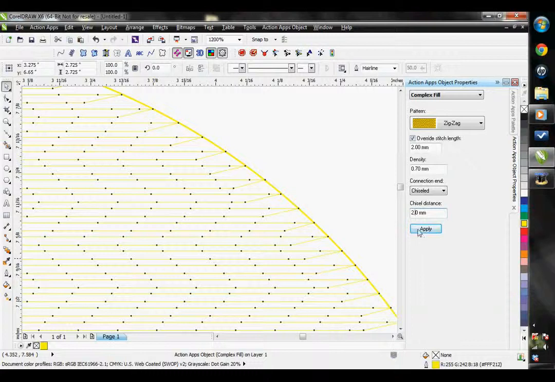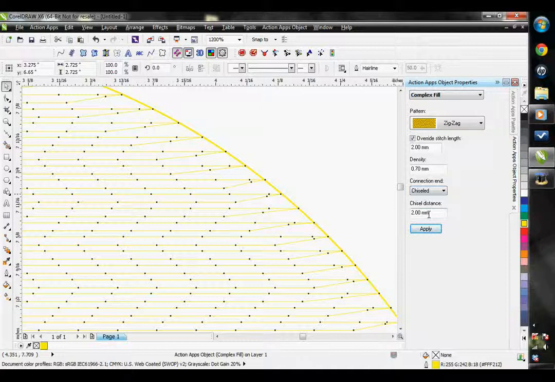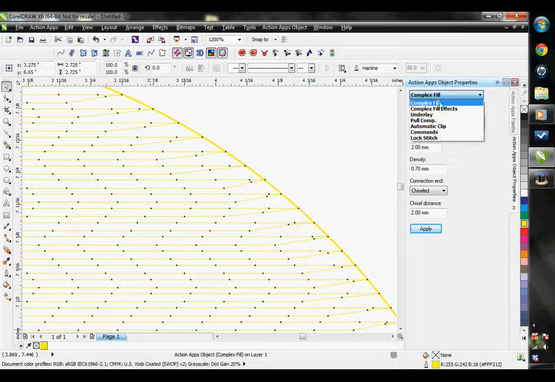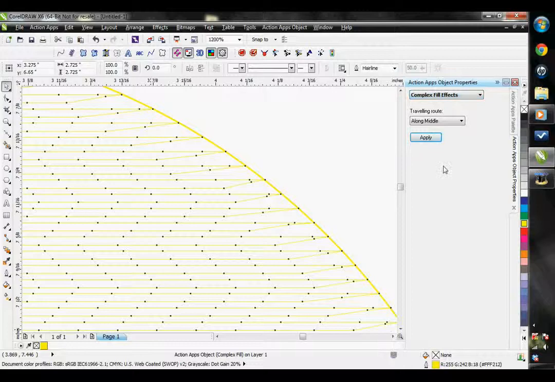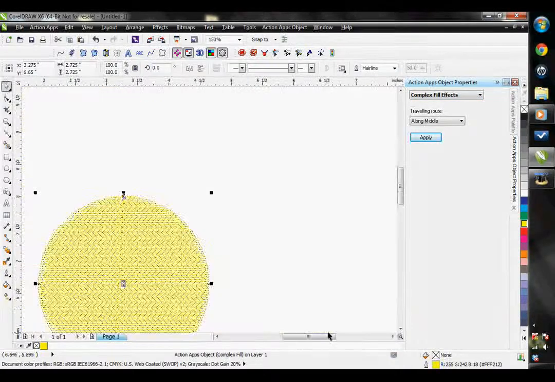If I change it to 2, you'll see it even gets sharper. So that's what the chisel distance is. When I'm on a complex fill here, there is another drop-down menu that's available to me for the complex fill, which is the complex fill effects. This is where I can change the traveling route,